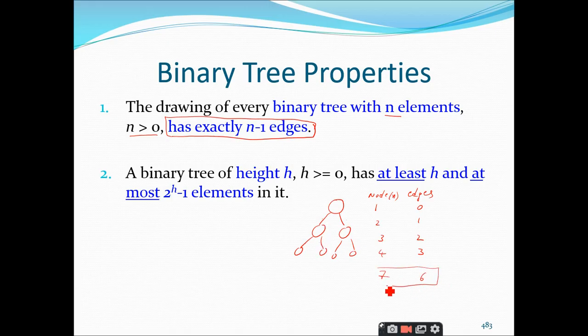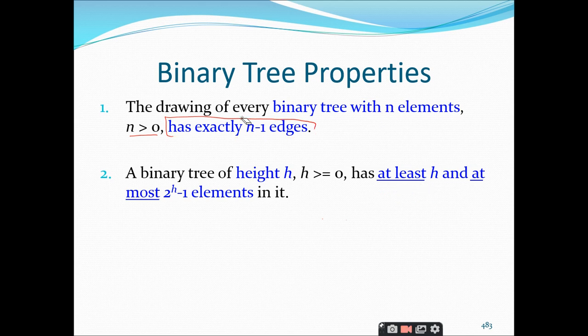So 6, sir. You can simply identify the number of edges in a binary tree if you know the number of nodes. Right. So if a binary tree consists of n nodes, the number of edges will be exactly n minus 1. This is the first property regarding this binary tree properties, binary trees. Is it clear? Clear, sir. Yes, sir. Clear, sir. Now this is a very important property we have with respect to binary trees.